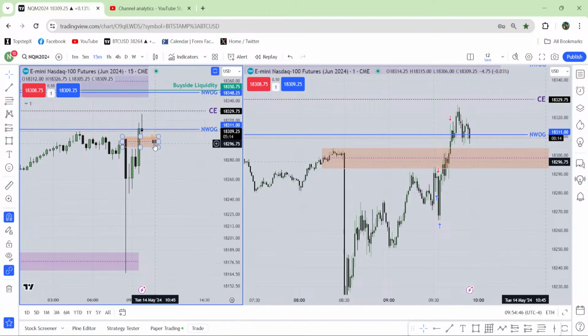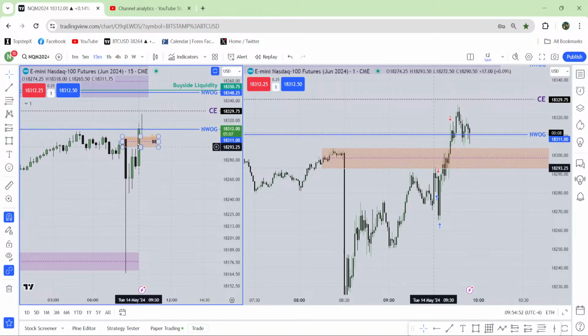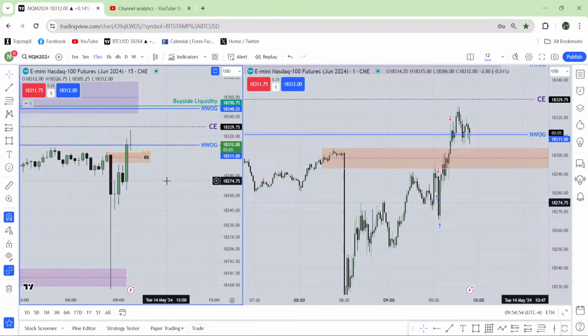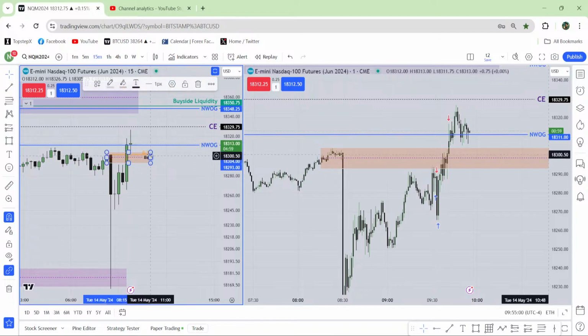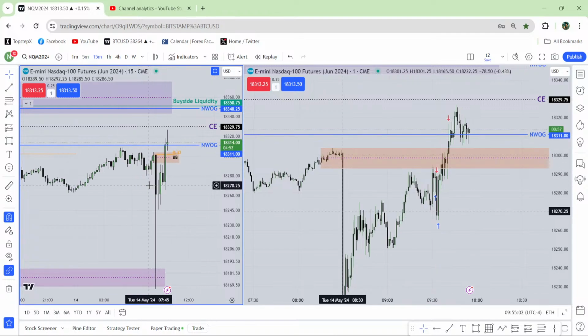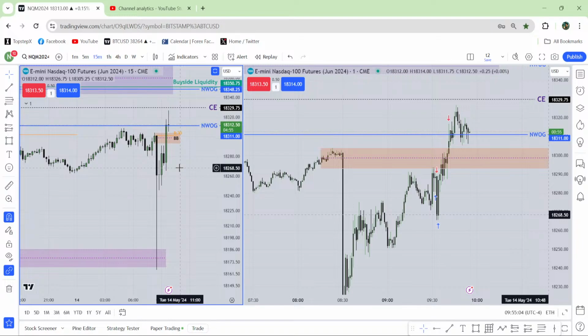Just don't forget this is the bearish breaker. At the same time, maybe the market is going to make the bullish fair value gap over here. If it can make the bullish fair value gap, as I told you, I will try to frame another buy setup from that bullish fair value gap. At the same time, this is the breaker block from the 15-minute chart. So both of these levels are important for me. I will see how it reacts in that area.